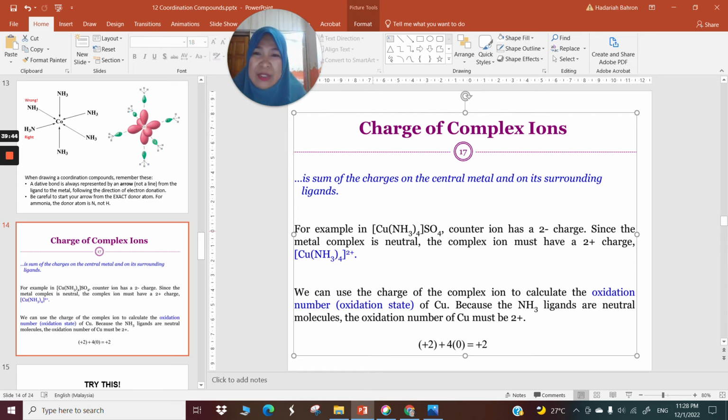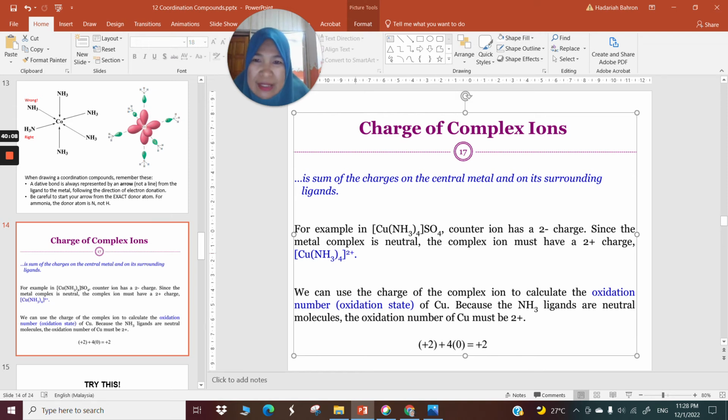If your counter ion is 2 minus, then your complex ion must be 2 plus, because the purpose of a counter ion is to neutralize all the charge of your complex ion. So since the counter ion has a 2 minus charge, then your complex ion has a 2 plus charge, and